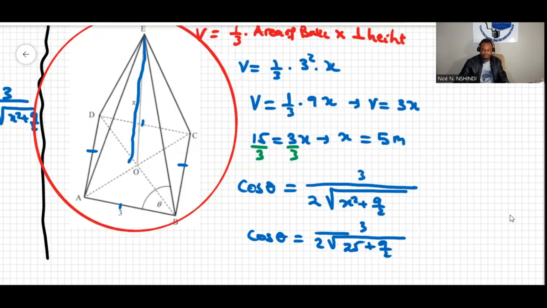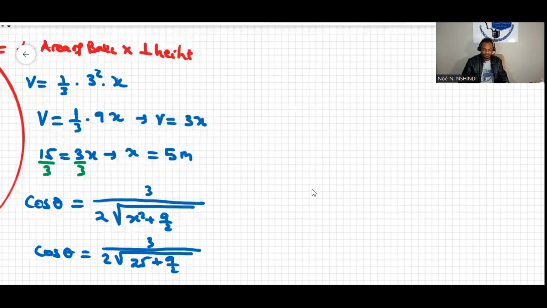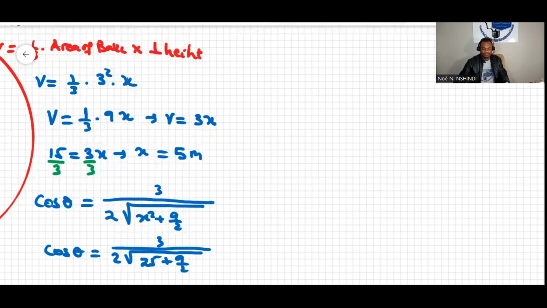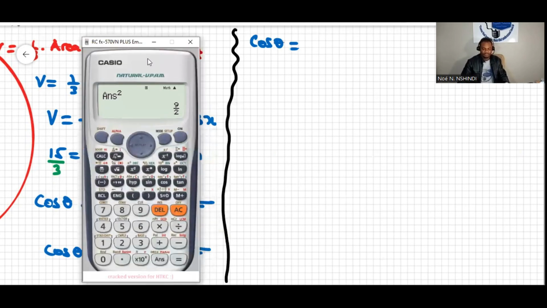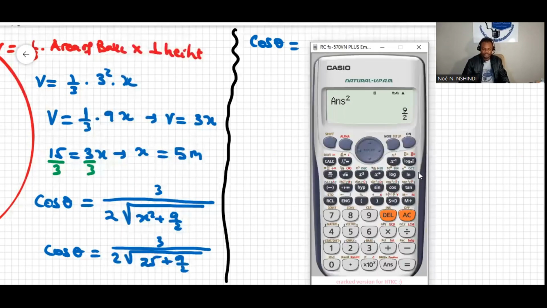Then we can just type this in the calculator: 3 over 2 square root of 25 plus 9 over 2. And then when we hit equal,